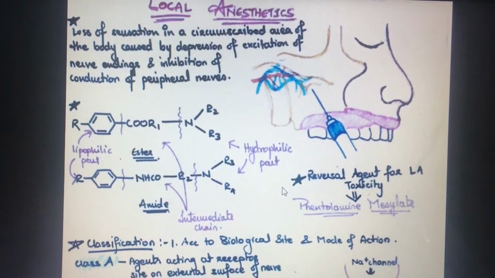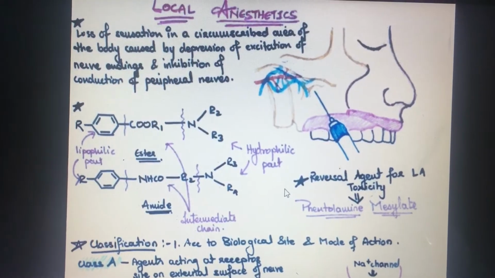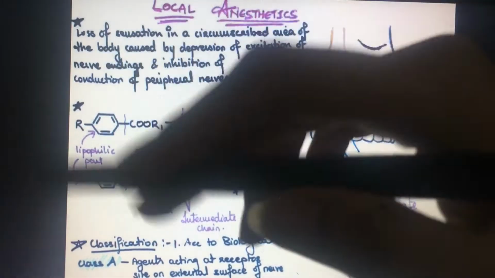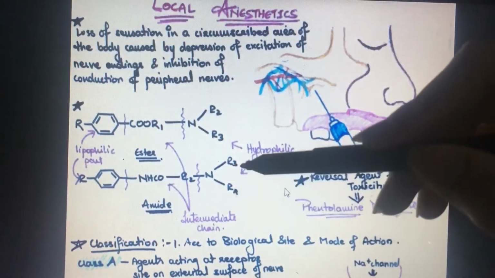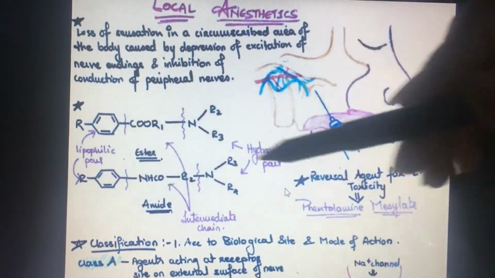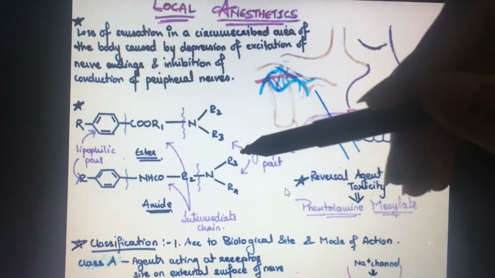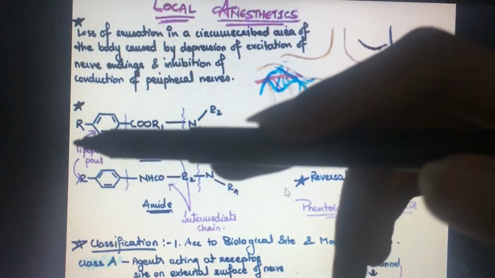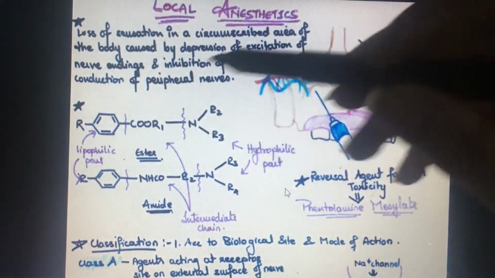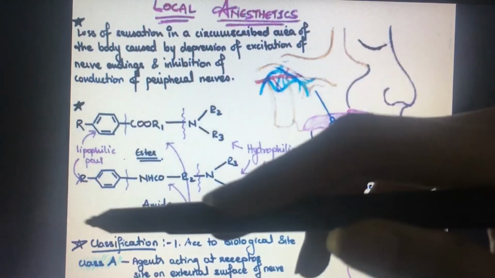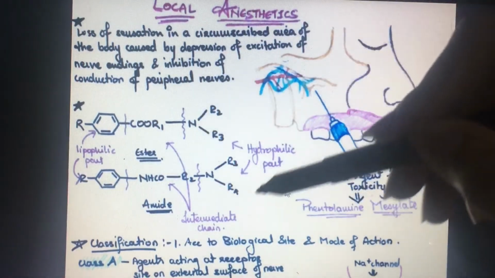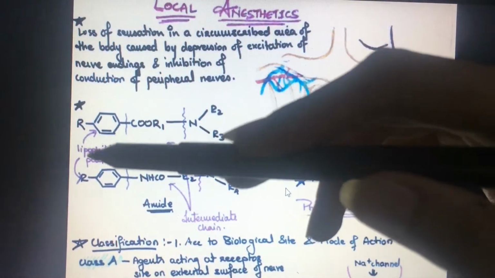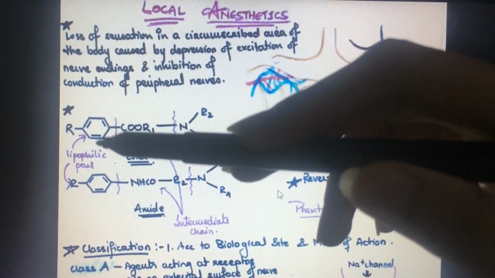Okay, so all the local anesthetics are present in an amphipathic form. So they possess a lipophilic part and a hydrophilic part, generally at opposite ends. The hydrophilic part is the amino derivative of the molecule, whereas the lipophilic part is the benzoic acid derivative. So in this diagram, these two are the lipophilic parts, whereas these two are the hydrophilic part. The hydrophilic part is an amino derivative, whereas the lipophilic part is the benzoic acid derivative.